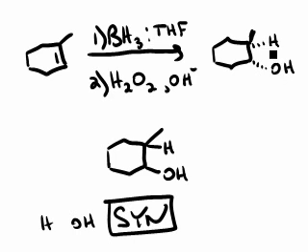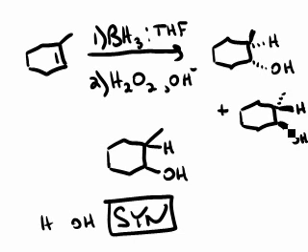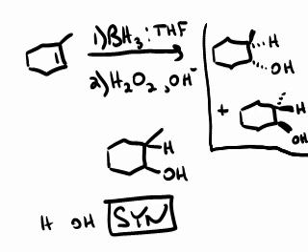And therefore, the products that we get are going to look like this, where the H and the OH add in a syn addition, and then there's the other enantiomer, plus, again, the H and the OH on the same side, both on wedges or both on dashes. These two products are the pair of enantiomers that we get from a syn addition. We do not get the pair of enantiomers that would have come from an anti-addition,